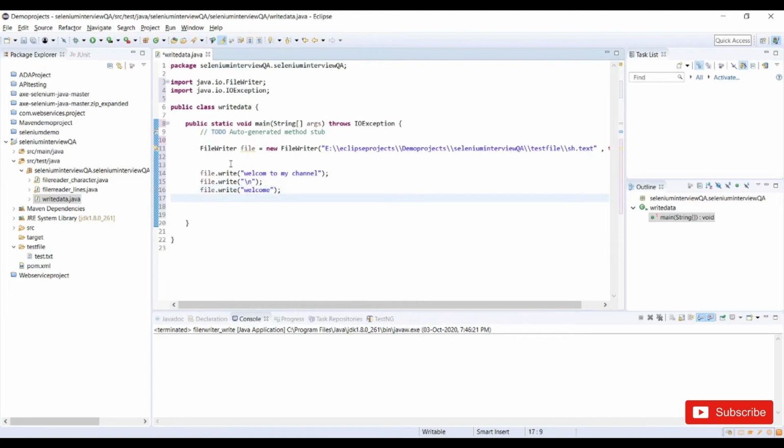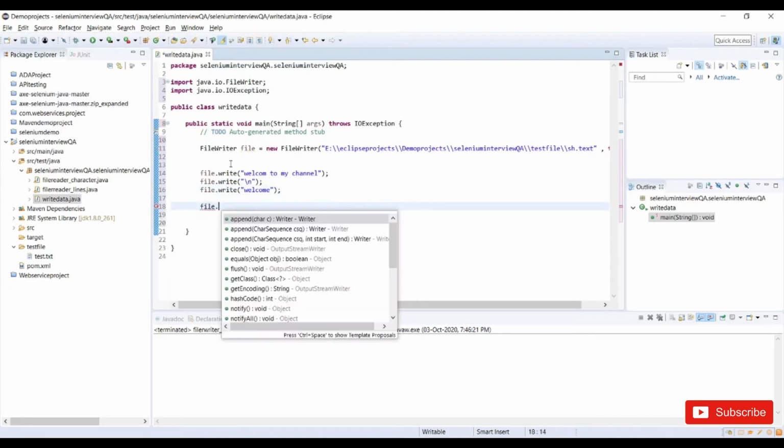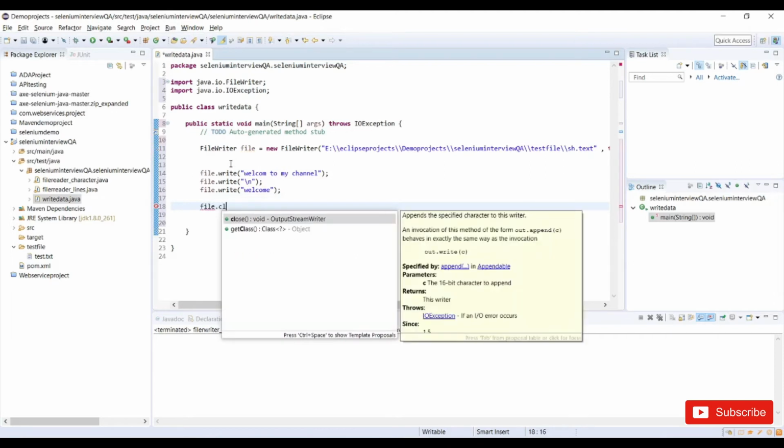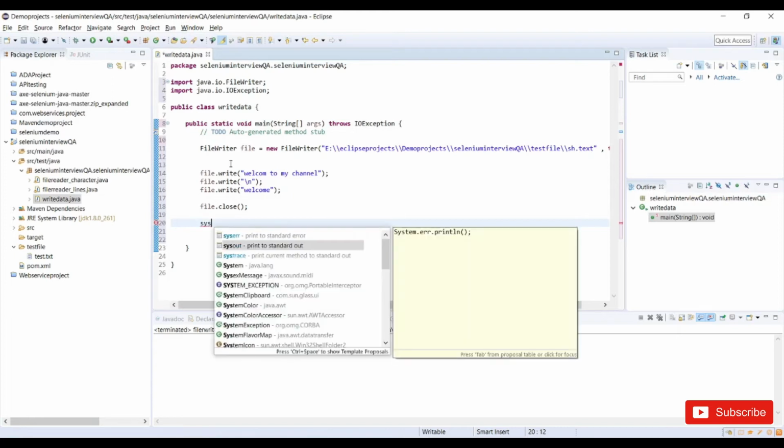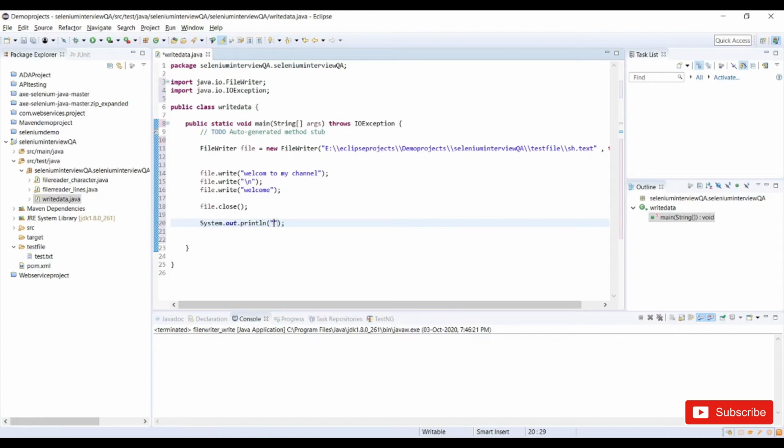And after writing these lines, I need to close my file. So file.close. And for our convenience, to know whether the file is written or successfully executed, we need to write a sysout to print that we have executed successfully: "File has been created."